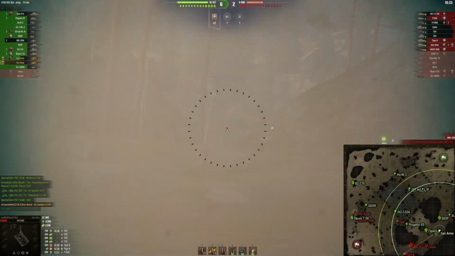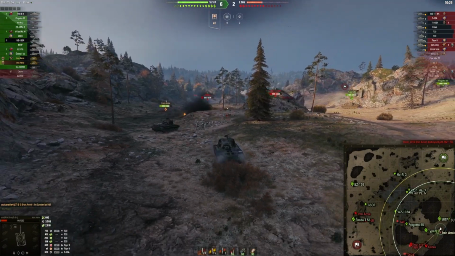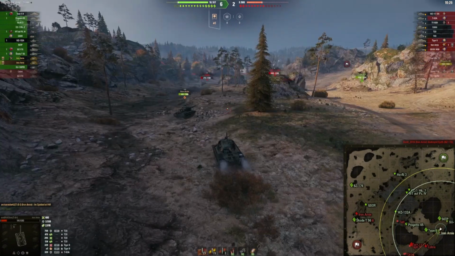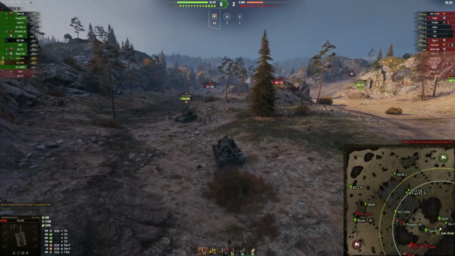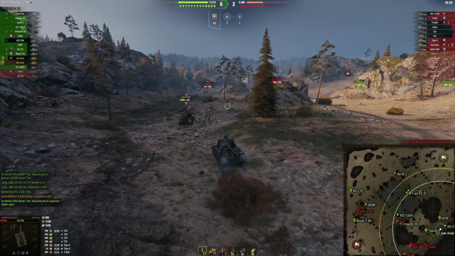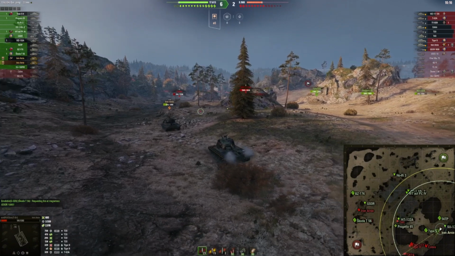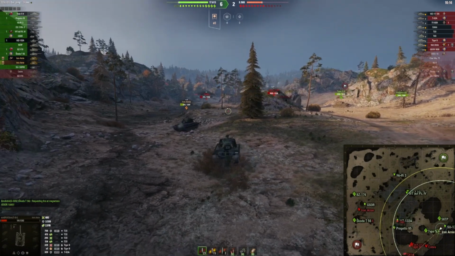Alright, and now, of course, I will play more defensively. My stats are fine. I only made 2 shots of damage. However, I got quite some spotting damage for my team, which is nice. And now, it's simply a question of time until the map control that our team has established will result in